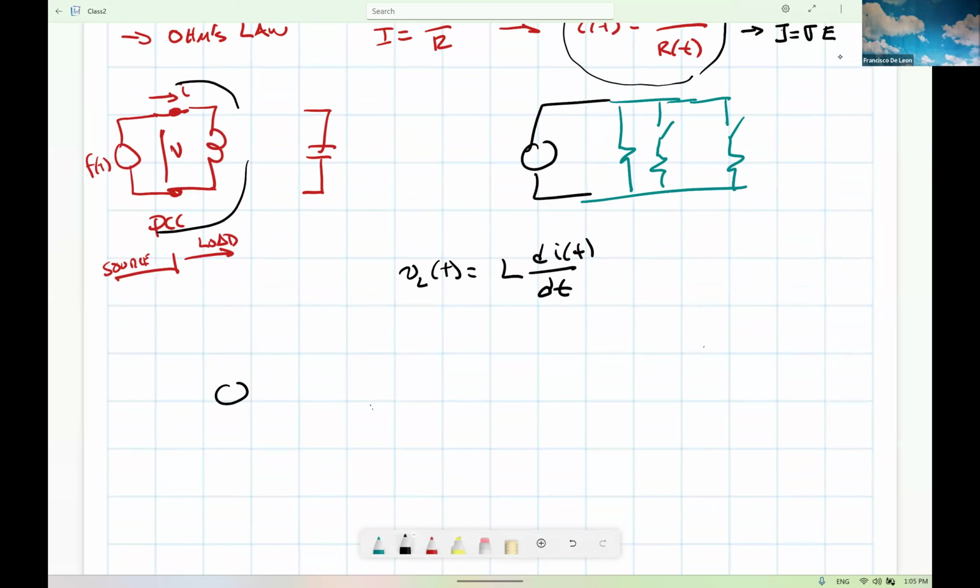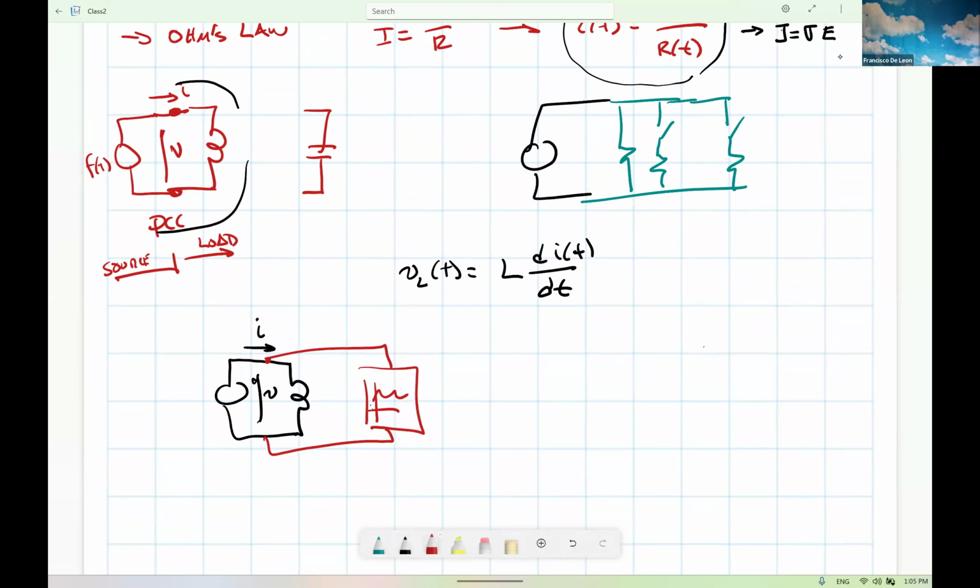So you build your circuit with some source, you have an inductor, and you have a way to capture the current, but not only the current values, RMS or peak or whatever, but you actually put an oscilloscope and are able to